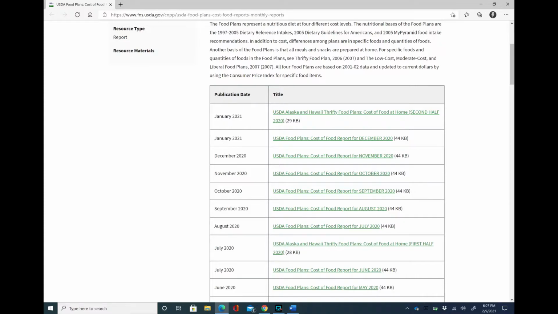Now there's 2 Januaries, just so you know. These are different food plans for different states. Okay, so do not use January 2021 for Alaska and Hawaii, okay? So go down. This is the plan that you want to go to. You want to go to USDA Food Plans Cost of Food Report for December 2020. And again, if this goes into February, just make sure to avoid Alaska and Hawaii. I guess they're doing separate plans for them, okay? So don't click on those links. Go to the one that's for the rest of the country. So you click on that link,